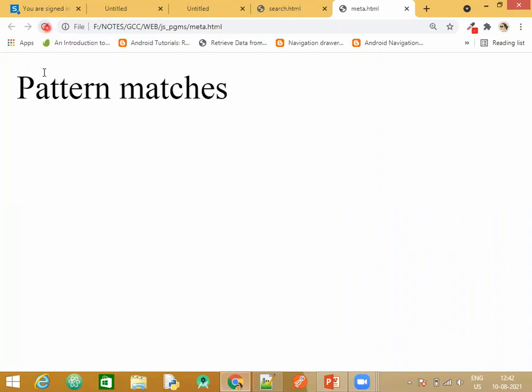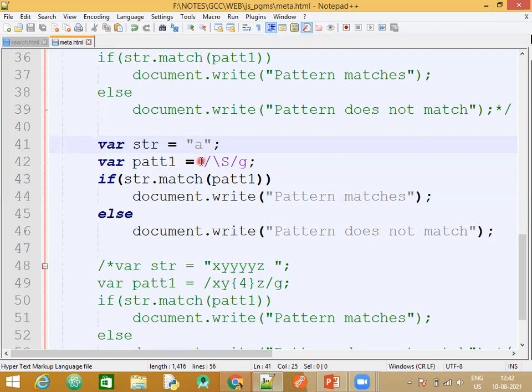We are trying to match for a string which should not contain a white space. That is the meaning of non-white space character. There is no white space there, but the moment I remove this and give a space like this, there is a white space. So these meta characters, for understanding and for programming also, for examination 10 marks, 5 marks, even for 2 marks, any one meta character they can ask. So you give \d, give the equivalent of that, write the description, one small example also will do.